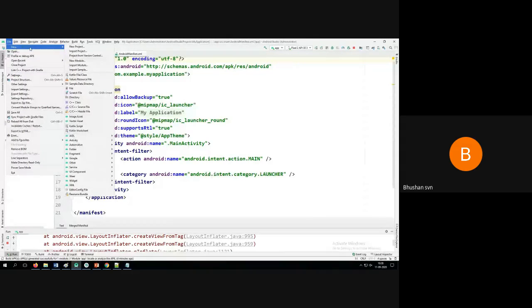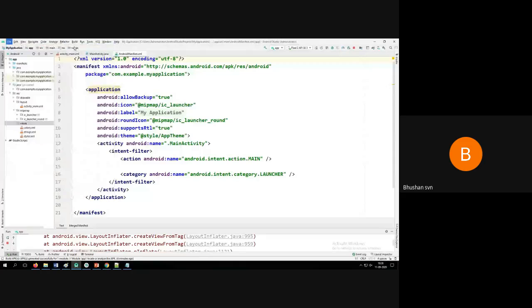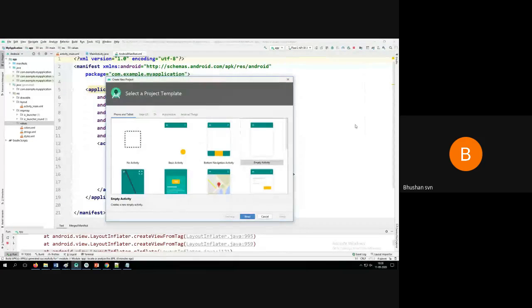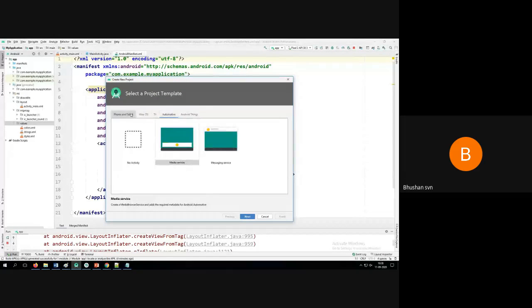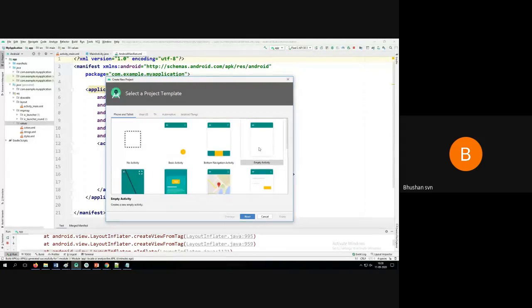And whenever you are trying to create a new project, please go to File, New, and then New Project. This is how exactly it looks. Phone or tablet, wearable devices, automotive, any kind of applications that you want to develop, for driverless cars, etc. You can choose, say, Empty Activity.